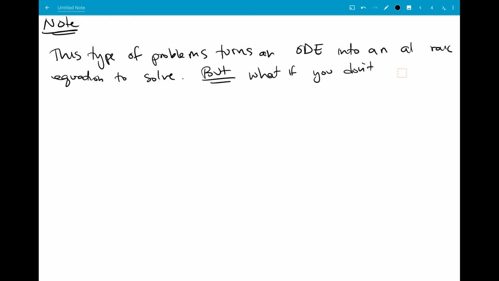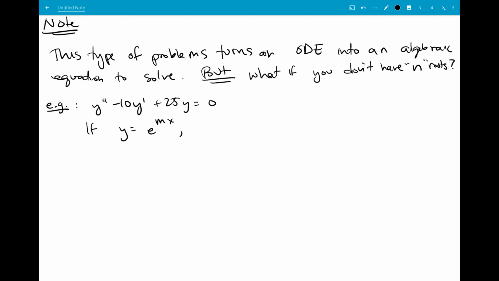What if you don't have n roots? So we can look at an example where that happens. If you try to solve y double prime minus 10y prime plus 25y equal to 0, then if we take y equal to e to the mx, y prime equal to m e to the mx, and y double prime equal to e to the mx times m squared,